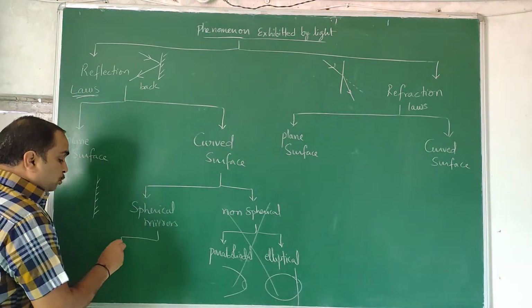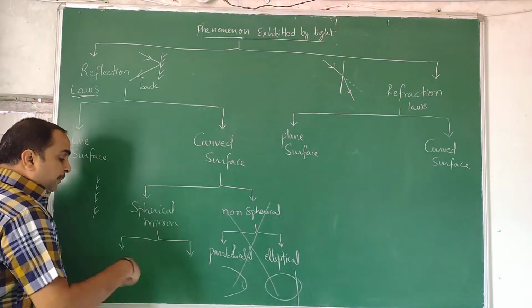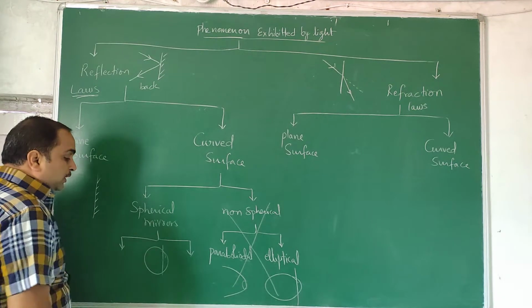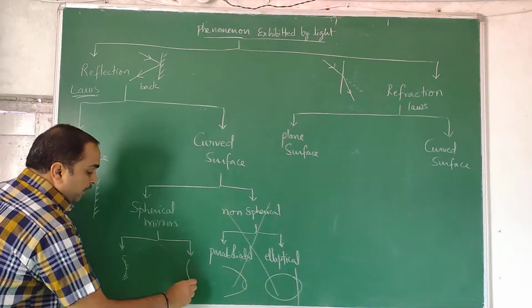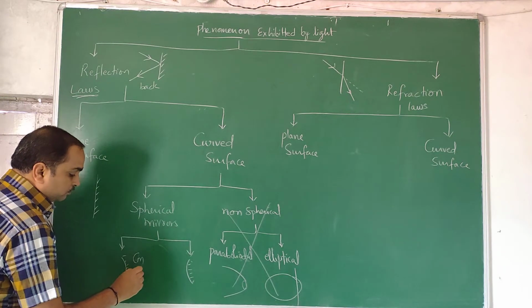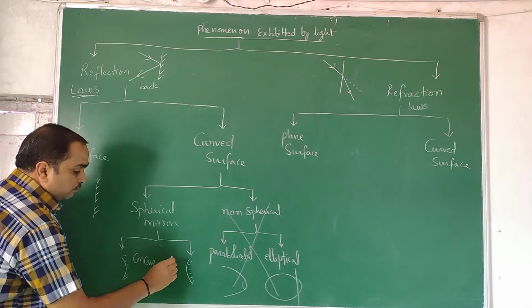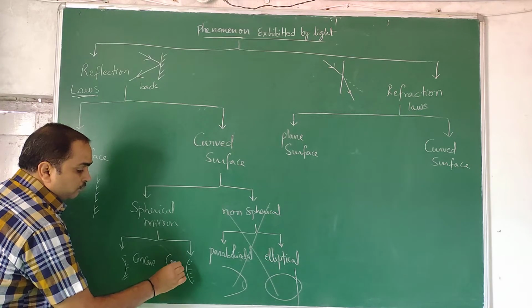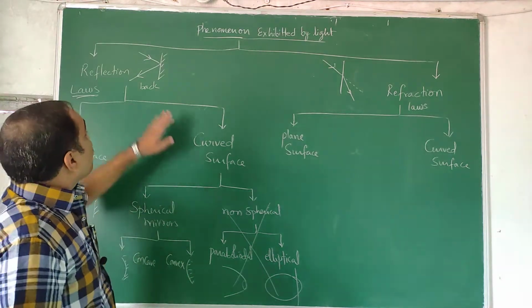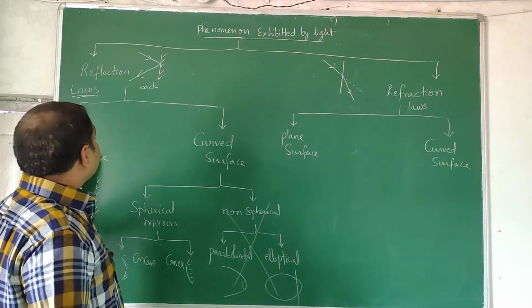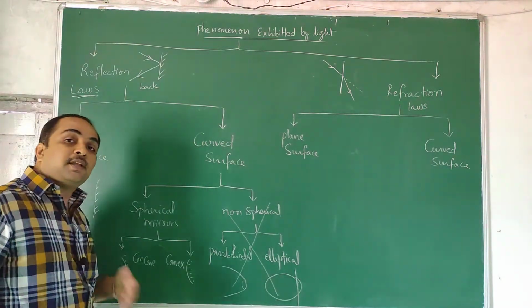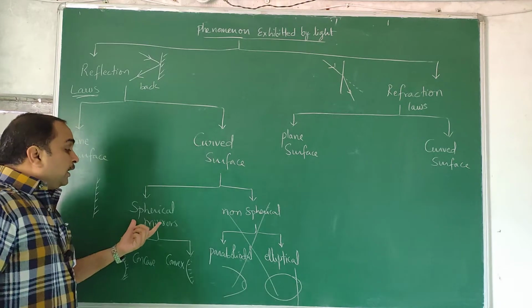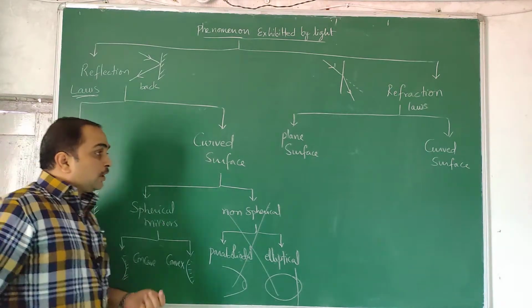Similarly, spherical mirrors 2 types. If you take a sphere, from that you cut a portion, that's called spherical mirror. Concave mirror, convex mirror. So we learn laws of reflection. We apply it to plane surface first, then we apply it to a curved surface. Out of that, some portion is anyhow deleted in the syllabus, even at IIT advanced level. Even spherical mirrors, we have 2 types, concave and convex.